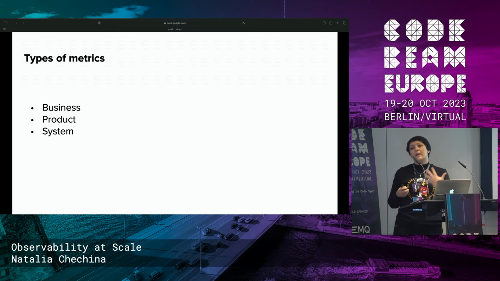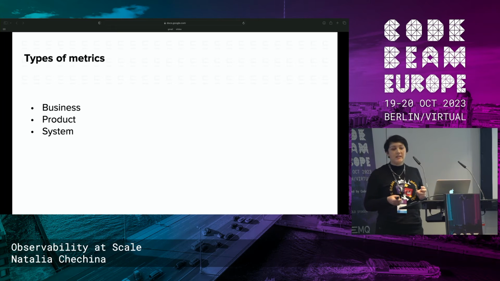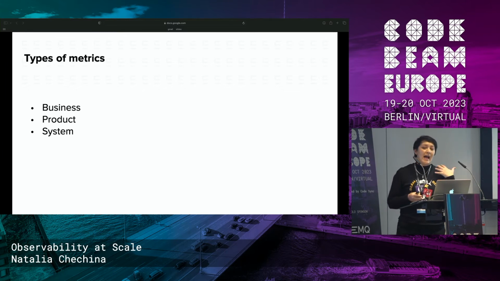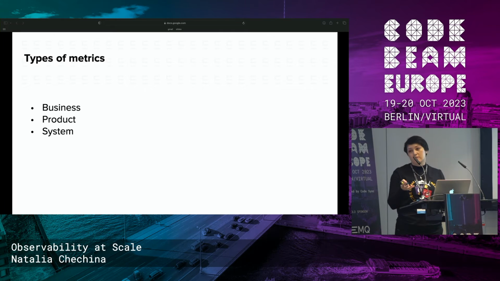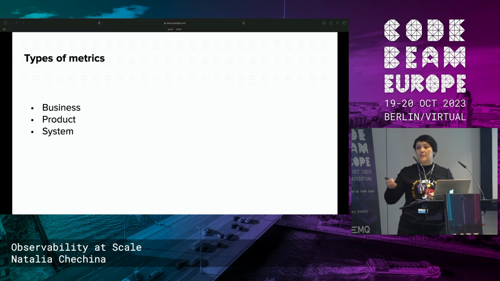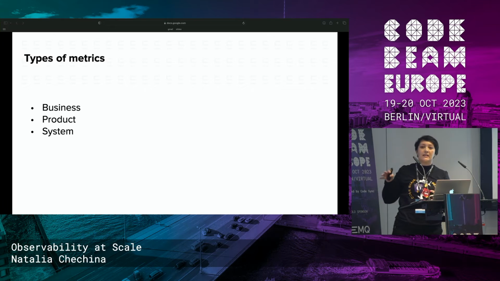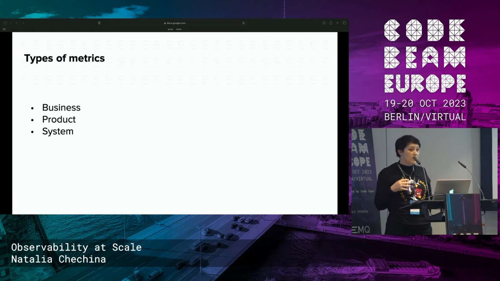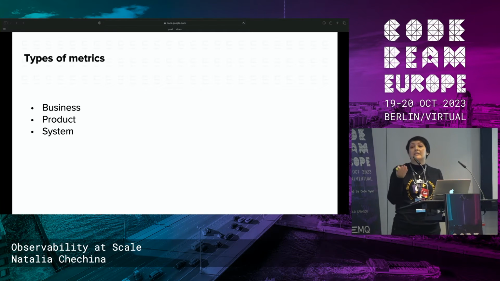When we talk about the types of metrics, we usually hear business metrics and system metrics, right? But essentially, you have as many types of metrics as you have stakeholders. So you've got, I don't know, tech lead, developers, project manager, sales, business analysts and things like that. They all have their own interests. And if you have those people involved and interested in the work of this particular project, those are the types of metrics you're going to have.